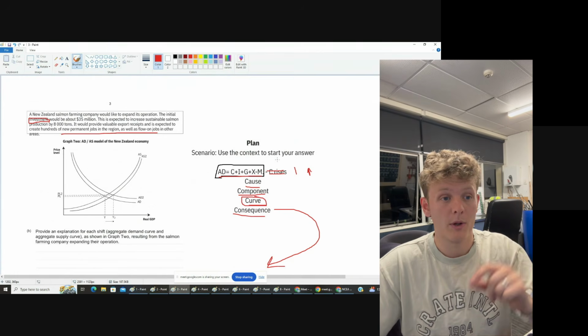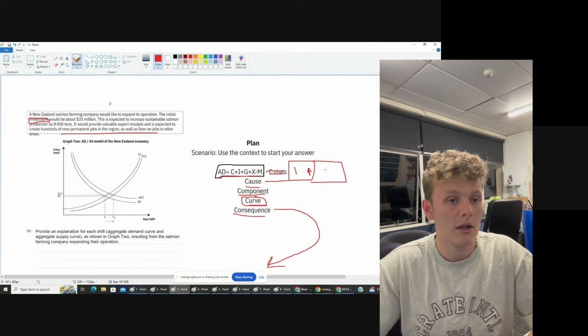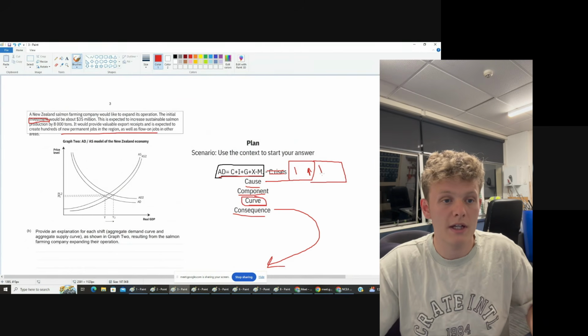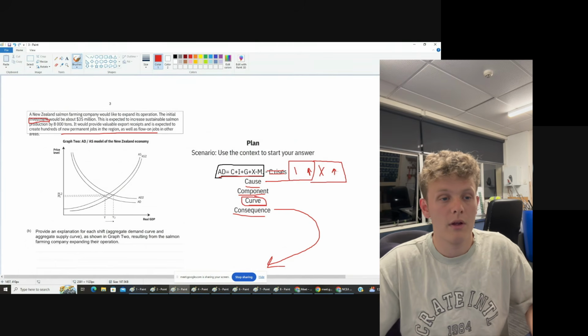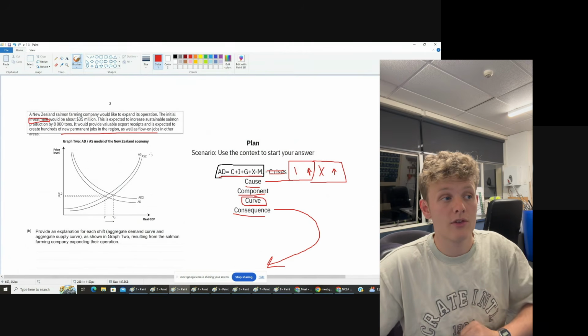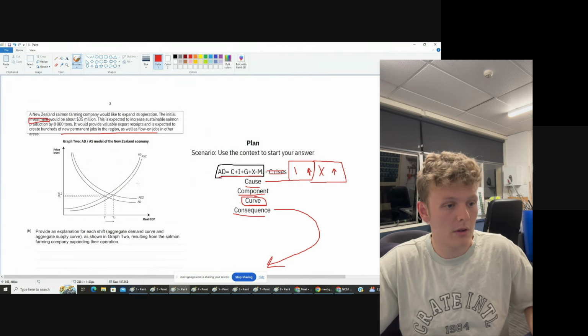If I go back a little bit, we could actually probably include that into our cause right here as well. So we're going on the fly. So we've got I increasing. We could also have X for exports, X increasing, and that could be also followed through that whole path there. And then for us, for AS to AS2, investment's going to be caused by,